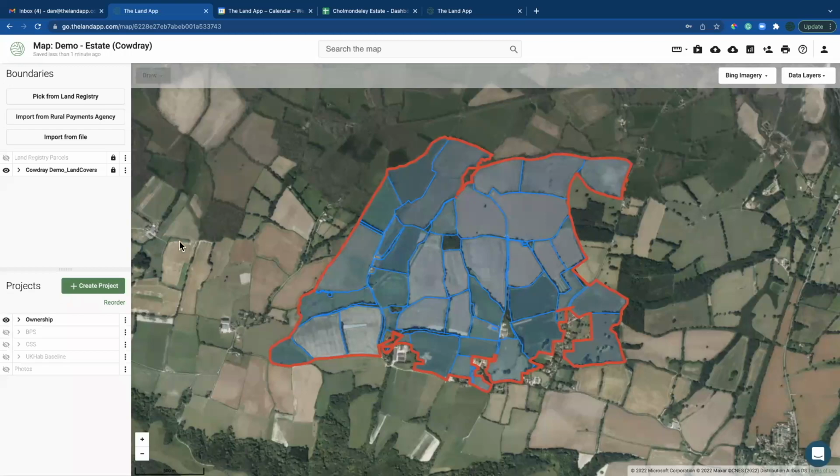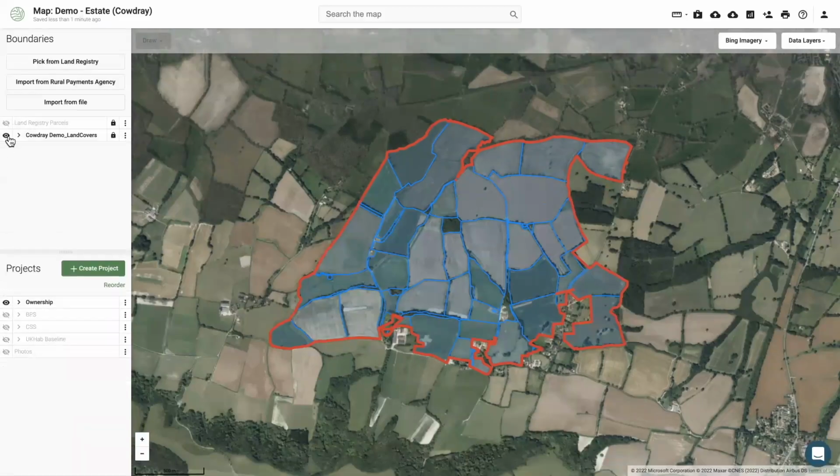Yeah, so like you say, we had a mapping system already, which only a couple of people had access to. And it just wasn't quite working for us. So we had all that background data. Well, a huge amount of data actually on the other mapping system, that had been imported from another mapping system that we had previous to that as well. So we had the data. We used the import function to import everything